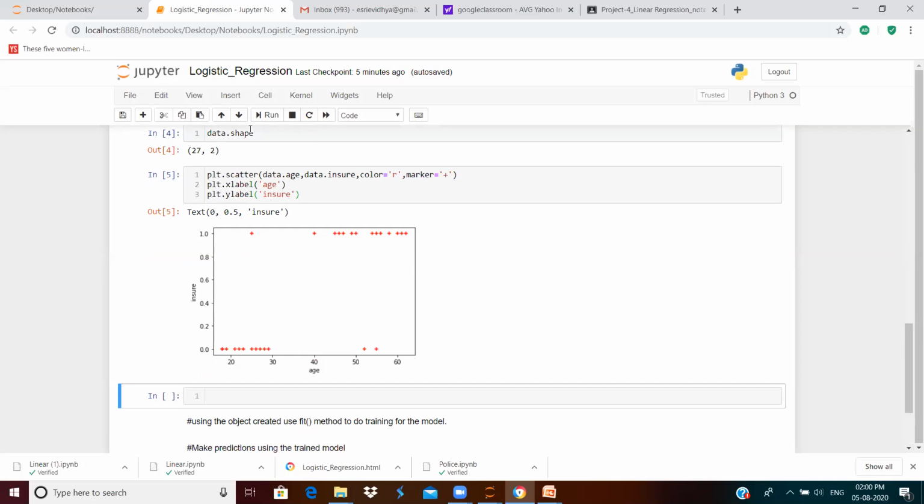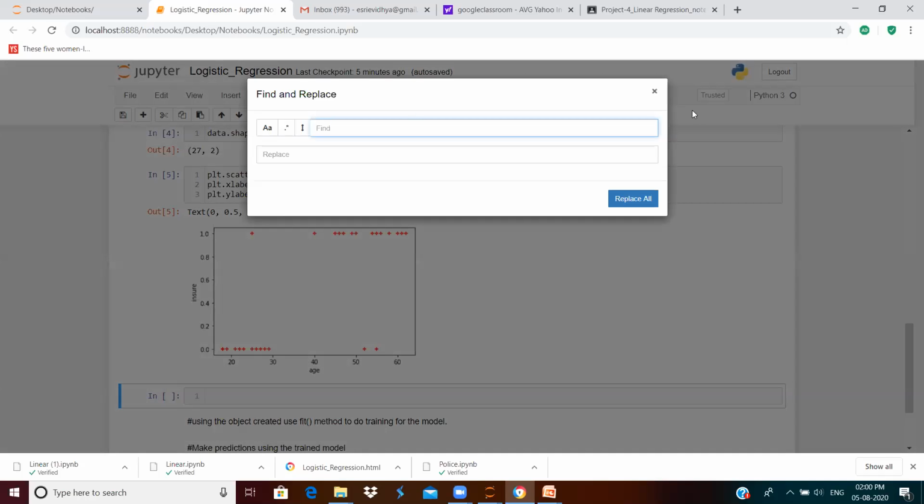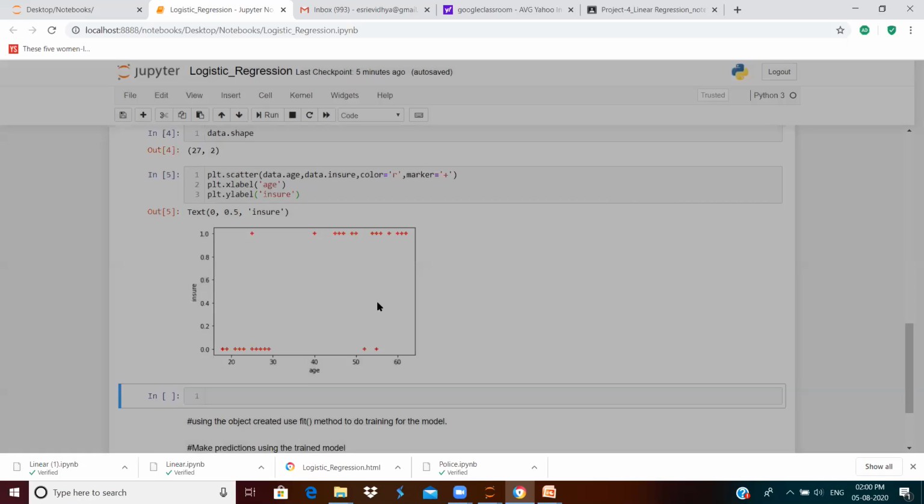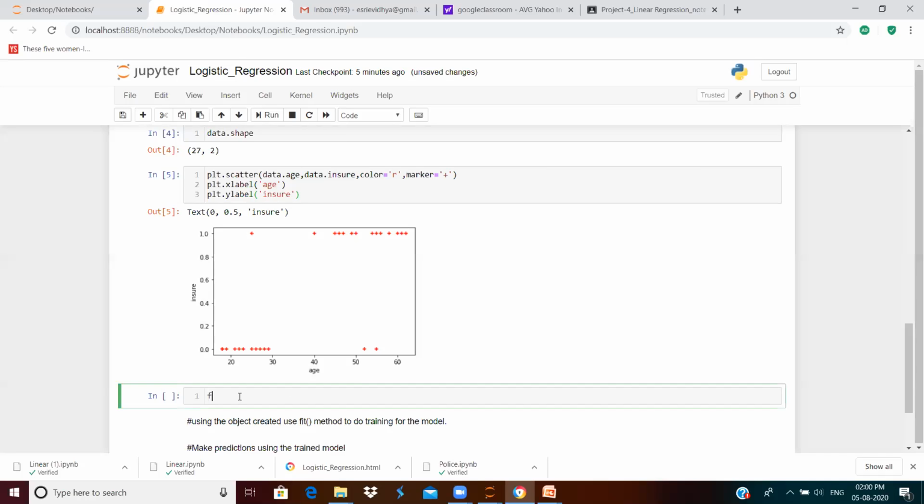Okay. So from the sklearn library, you will have to import a function which is available in the model_selection module.